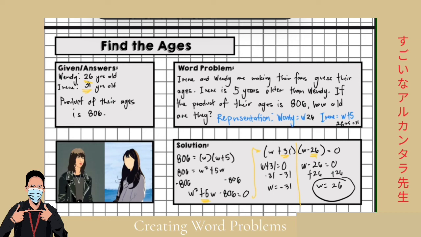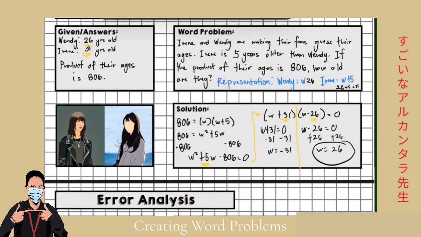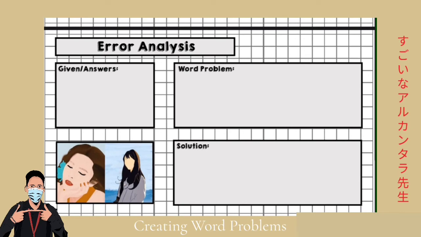And lastly, let's go with an error analysis word problem. So for error analysis, it doesn't have to be complicated. Basically here, you can just have an example and then give out different answers. So let's say that we want a factoring word problem. Let's say that the problem is as follows. Like we want this to be factored. Let's just make an easy example. Let's say x squared